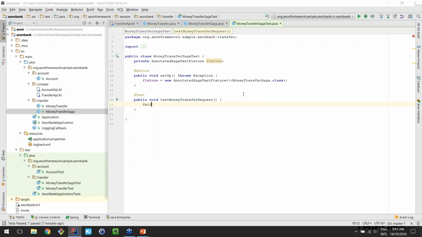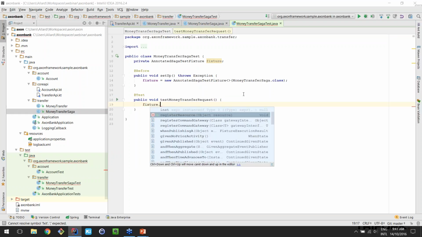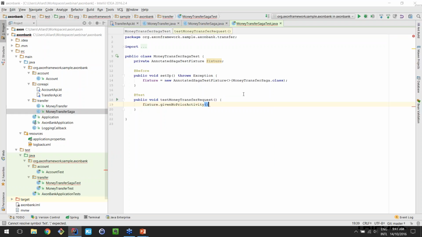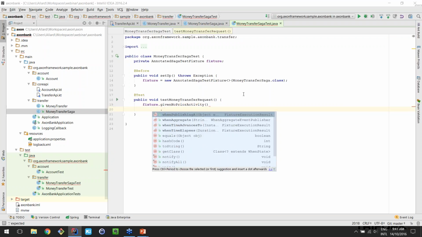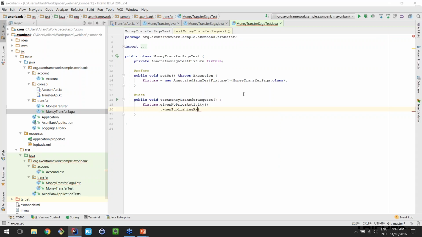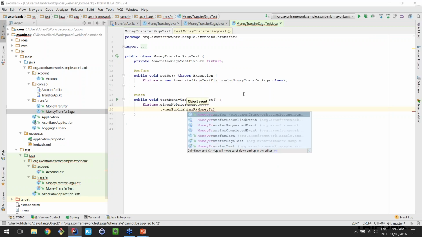All right, so we say fixture given. There's no prior activity because we're testing a case where nothing relevant happened yet. Probably some accounts have been created in the past, but for the Saga it's not really important that these events are published. So we say when publish a MoneyTransferRequestedEvent,